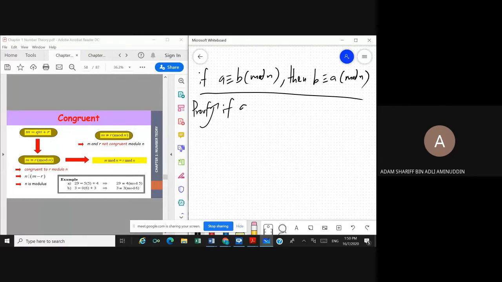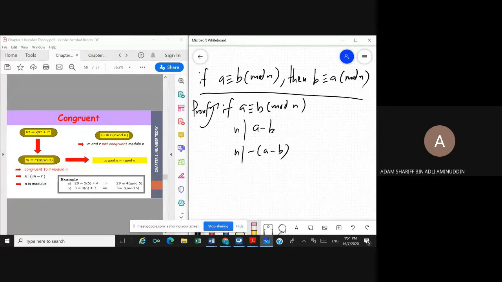Okay, if A is congruent to B mod N, then it means that N is a factor of A minus B. This is the condition. How to prove that B is also congruent to A? This is a really interesting question at that time. I didn't ask this during your assignment this time, but I want you to learn the knowledge. Okay. A minus B is an integer. A minus B. Let me show you this. Is N, if I negate this thing with A minus B,